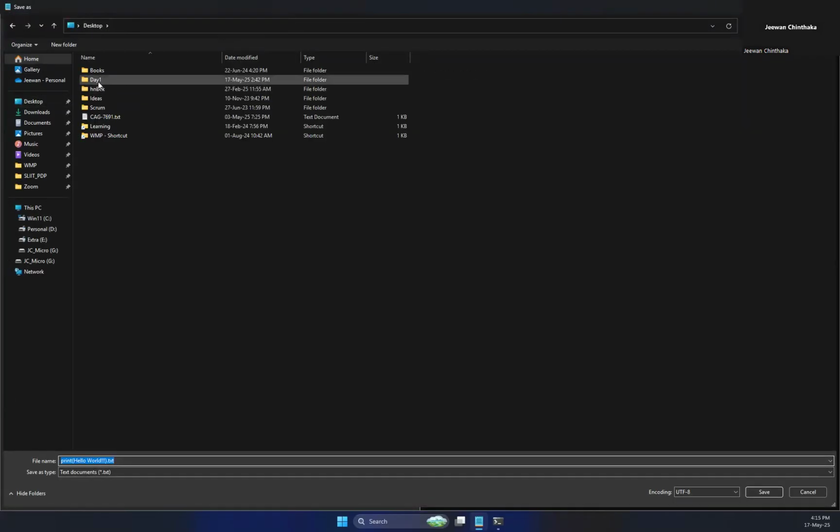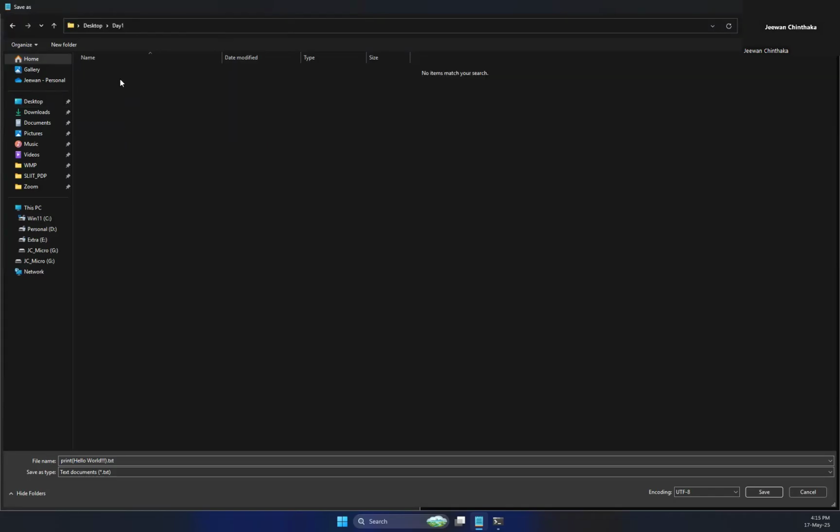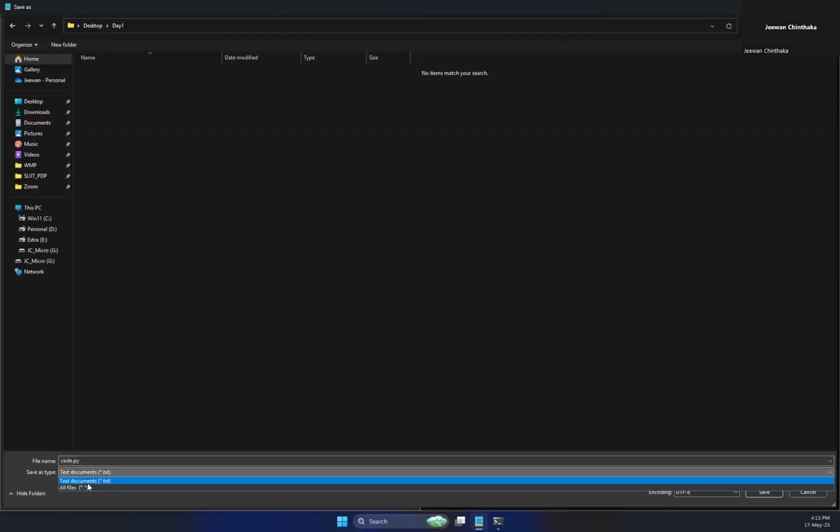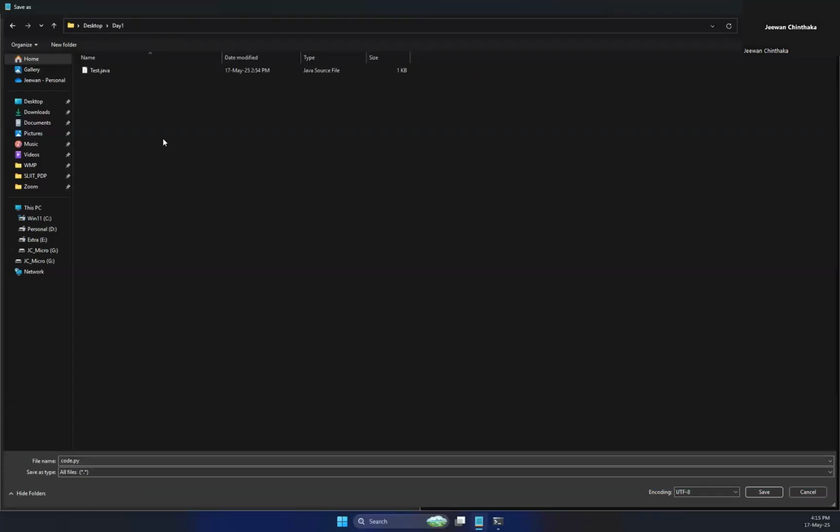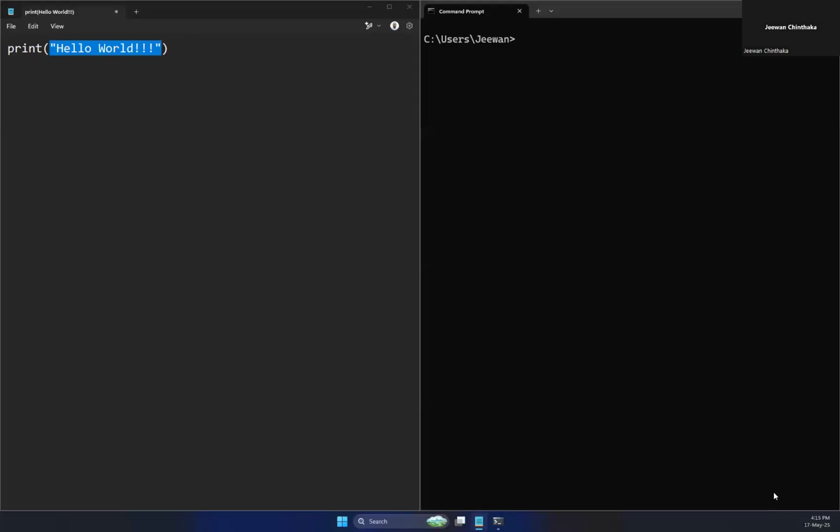When you're saving the file, let's say on my desktop I have a folder called day one, and inside the day one folder I want to save my file as code.py. The Python extension is py, so code.py. Remember the save as type should be all files. I'm going to name this code.py. The save as type is all files. Now, once I save it,